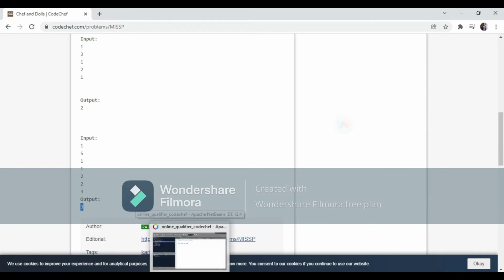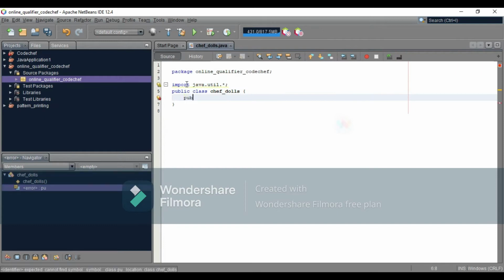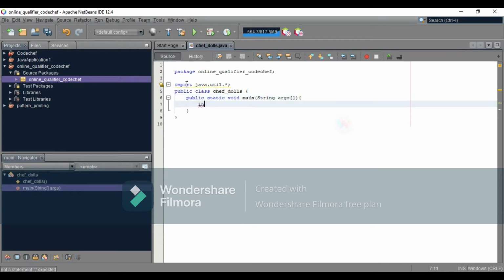So I am using NetBeans here. First of all I have to import the file as import java.util.*. After that we have to enter the main function, public static void main, String args, and after that I have to enter the test. After that we have to take a Scanner class so that we can take input from the user. So Scanner sc is equal to new Scanner